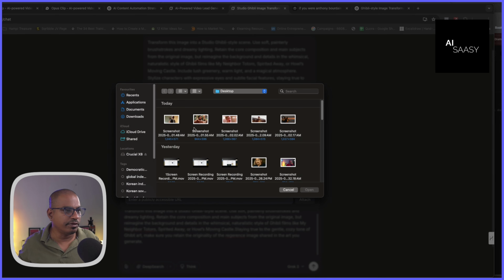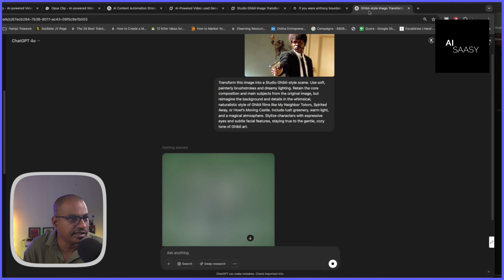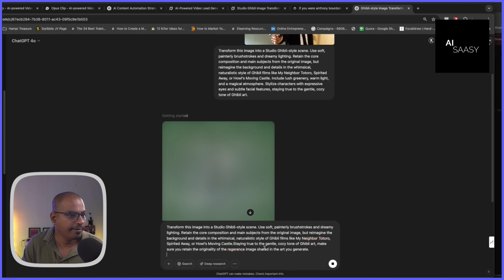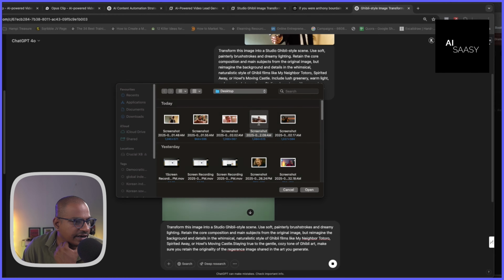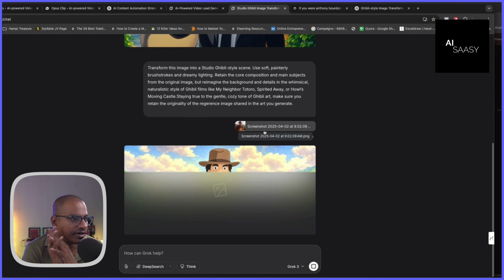Let's move on to Grok. It is much faster than what was possible on ChatGPT. I have uploaded a classic Clint Eastwood picture to make a Ghibli Studio style art of it. So I'm just going to say share. Let's see if ChatGPT is done. ChatGPT is much slower compared to what happens on Grok, right? So if time is of the essence, then you know what to do. I'm just keeping this ready just in case. Okay, Clint Eastwood again, ladies and gentlemen. Let's see what happens. Okay, this is what Grok is able to generate.